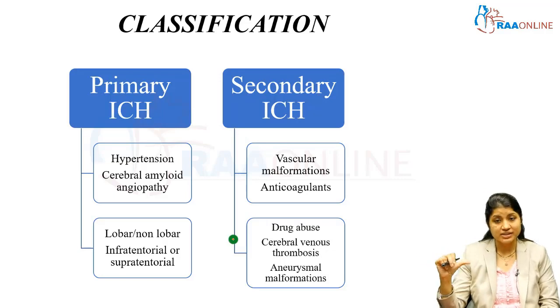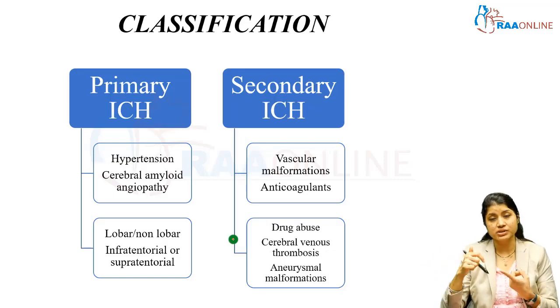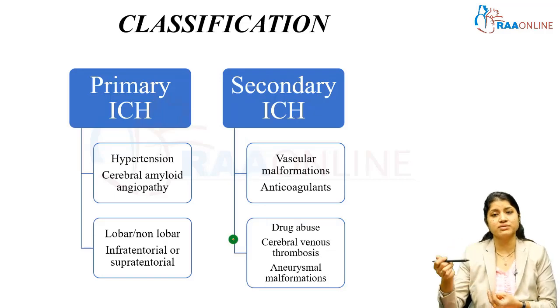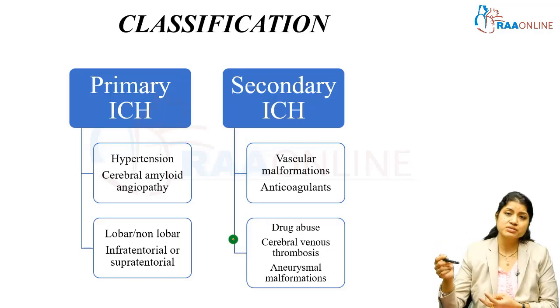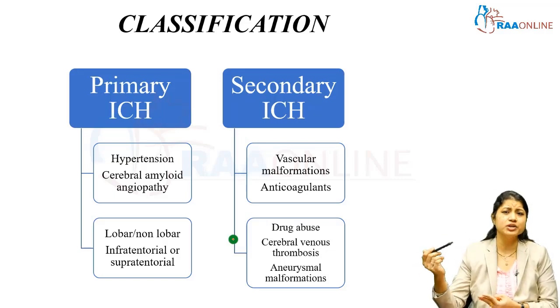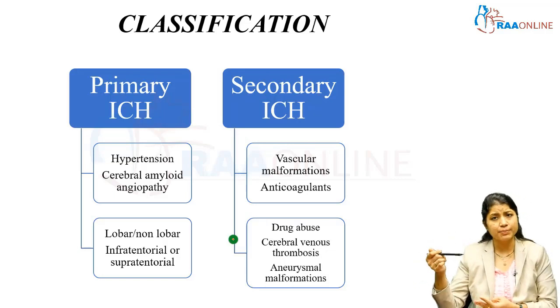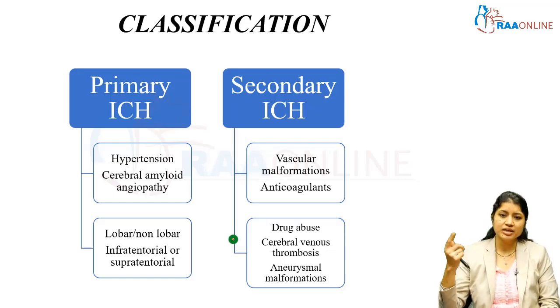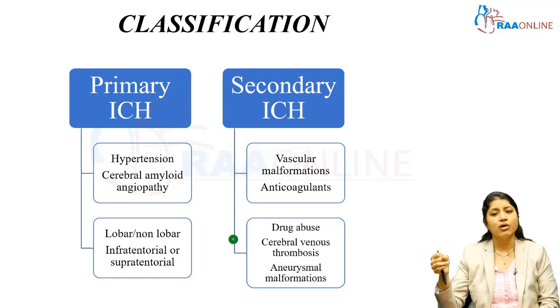Whereas secondary ICH can be secondary to some trauma which a patient has undergone, or because of the anticoagulants the patient is on, like patients with prosthetic valve endocarditis, or a history of DVT or pulmonary embolism, or APLA syndrome. We see that they are always on some anticoagulant to keep their thrombotic status low. So for those patients, it can present as a secondary ICH,